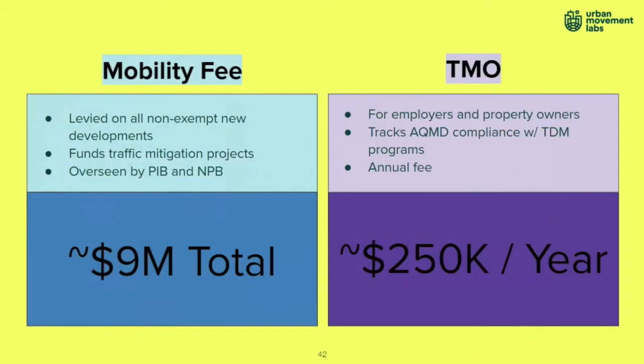The Warner Center specific plan also sets up a few funding mechanisms that are meant to assist with traffic mitigation related to these new developments. The mobility fee, as it's called, is levied on all non-exempt new developments, and these funds go directly towards traffic mitigation projects. This money is held by LA Department of Transportation and the Department of City Planning, and it's overseen by